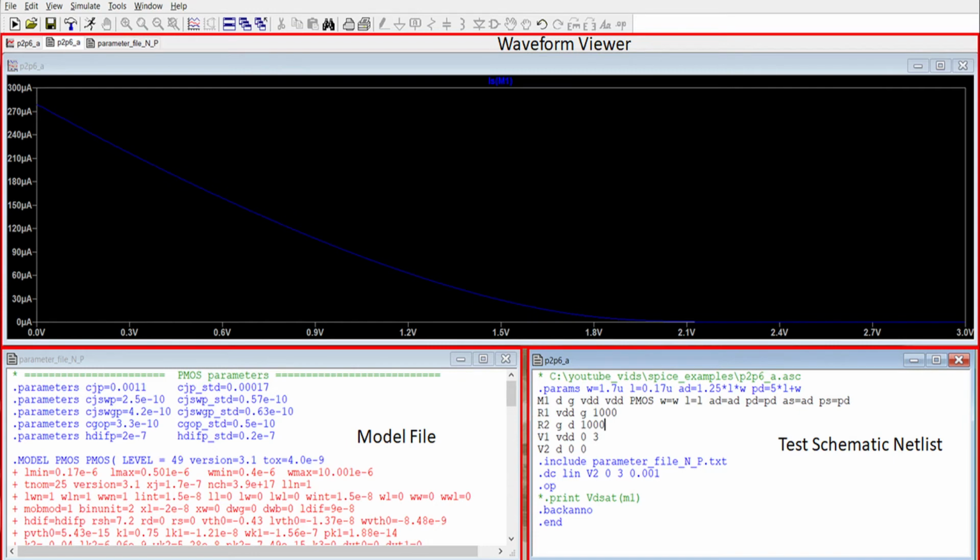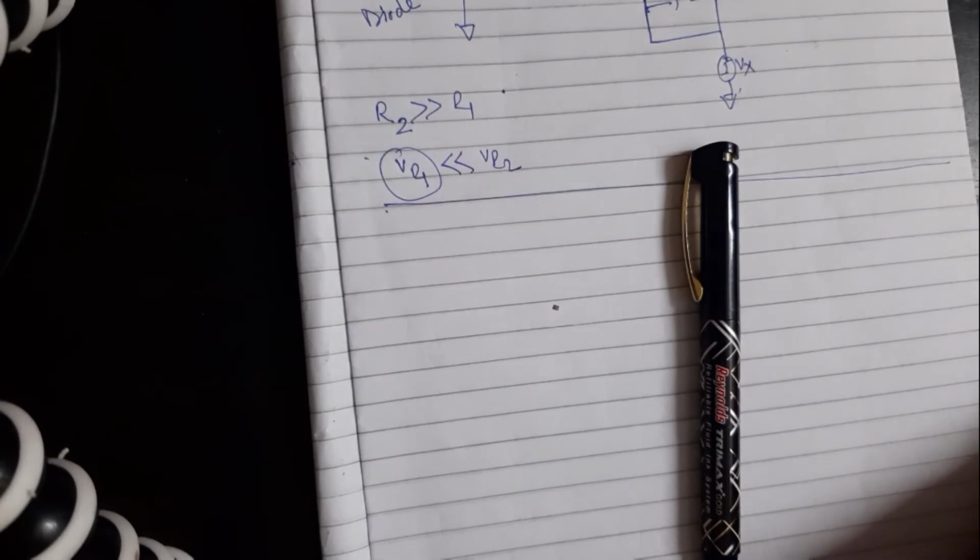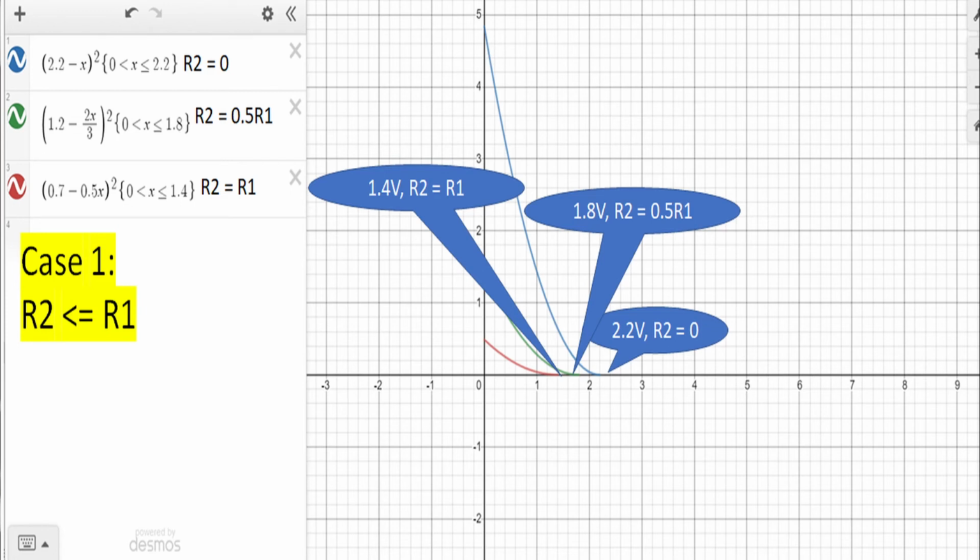Okay, so all these things can be found out experimentally if you have LTSpice with you and you rig up a simple test bench using models from the internet. You will get a lot of transistor models on the internet. I have a level 49 BSIM version. So this is how the graph looks when R1 and R2 are equal. Now what happens when R2 is very low? When R2 is very low, you can see this current increases, and also the voltage at which the current goes to 0 changes.